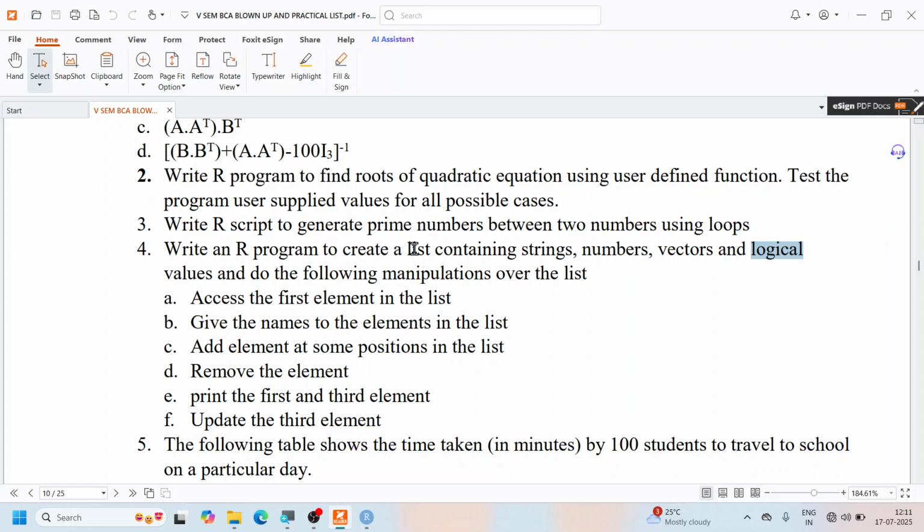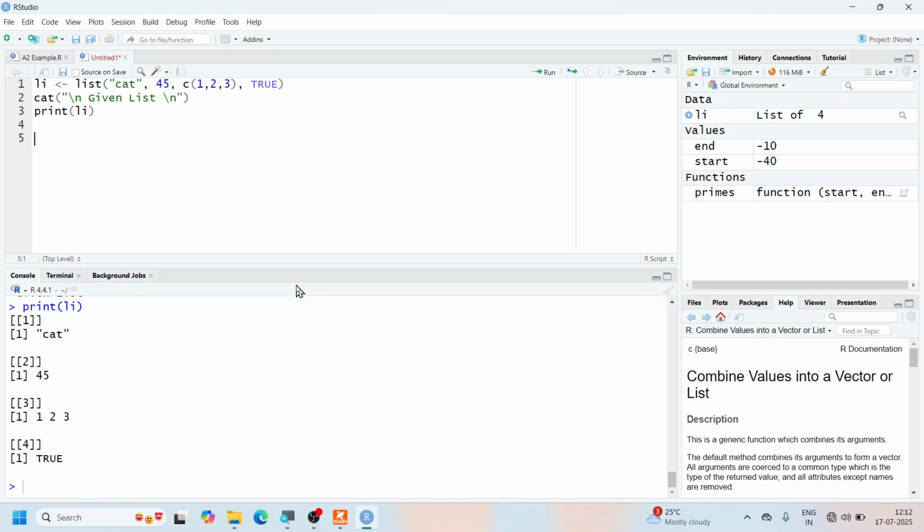What is the next thing? Access the first element of the list. So how do you access the first element of the list? Let's go ahead and do that. You can directly do it, but I'm going to just access the first element. I'm going to call it FE, the first element. And you know very well, LI is my list. To access the element, you need two square brackets, and this is what you have. I'm going to use a cat function here, with a backslash n,